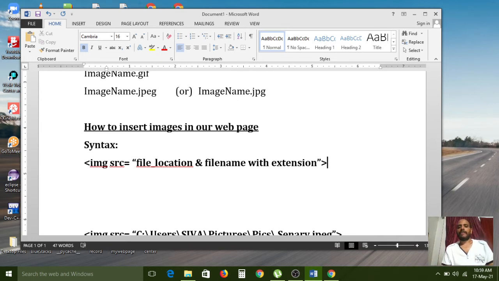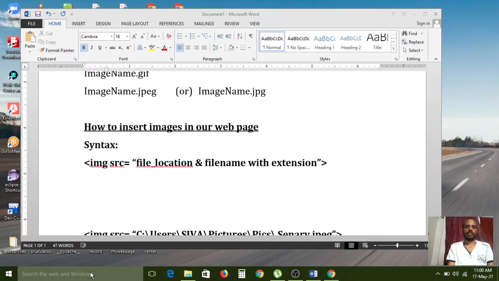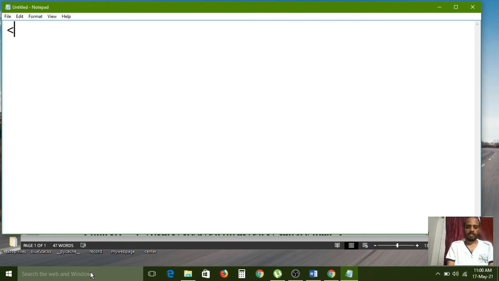Now we have to see it practically. For that I am opening one notepad window. Exclamation mark, doctype, HTML is the version, and HTML is the root tag, opening and closing.